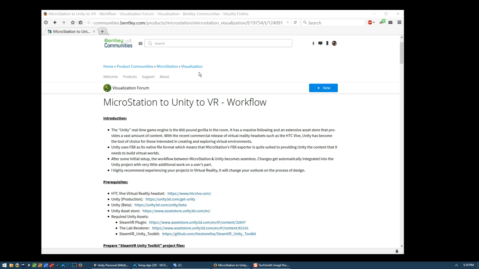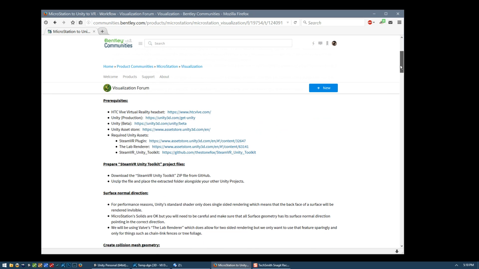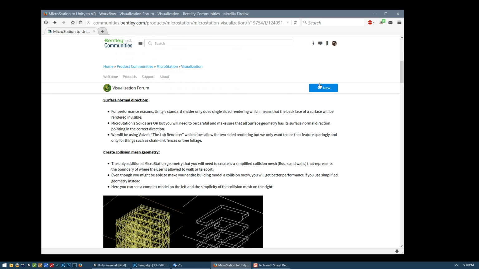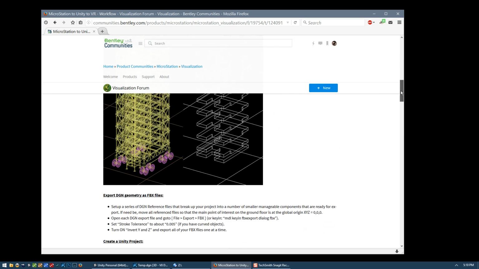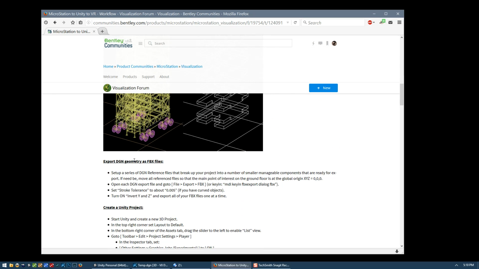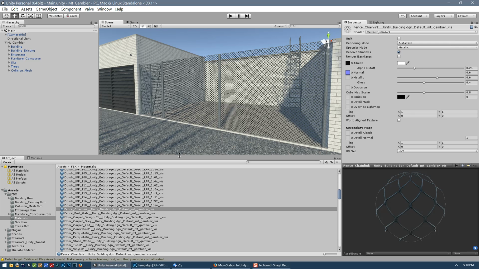MicroStation Visualisation forum. And in this video we will talk about the importance of surface normal direction, how to go about creating a collision mesh for use within Unity, and then how to export our MicroStation files to the FBX file format. So here in Unity, we have a simple scene with some simple geometry, in this case a rectangle